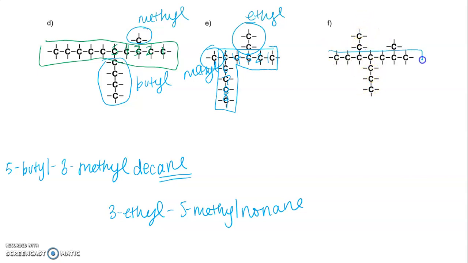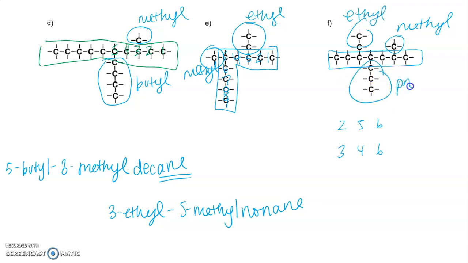Here you're going to have 1, 2, 3, 4, 5, 6, 7, or 3, 4, 5, 6, 7. So we'll just go with this parent chain that's straight. Lowest numbering, we could have 2, 5, 6, or 3, 4, 6. So either way, it's the same. So instead, we have a methyl, ethyl, propyl. So in which direction would the ethyl the lowest alphabet